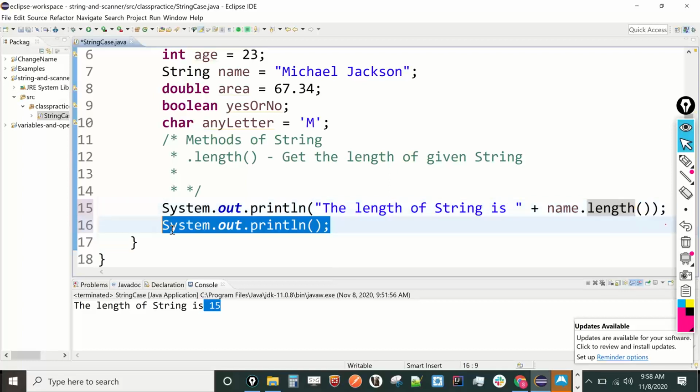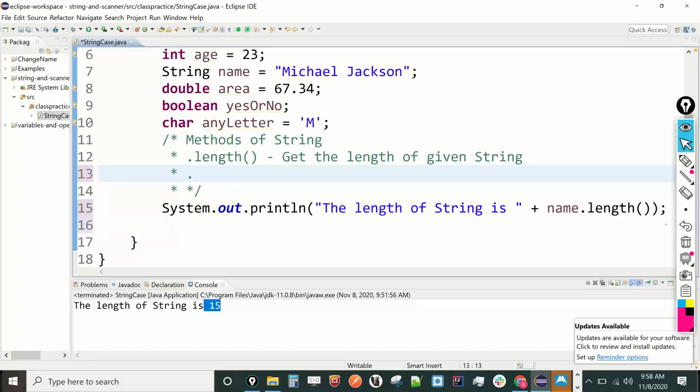Okay. Now, another thing you need to learn is uppercase and lowercase. So there is a string method called toLowerCase. This will